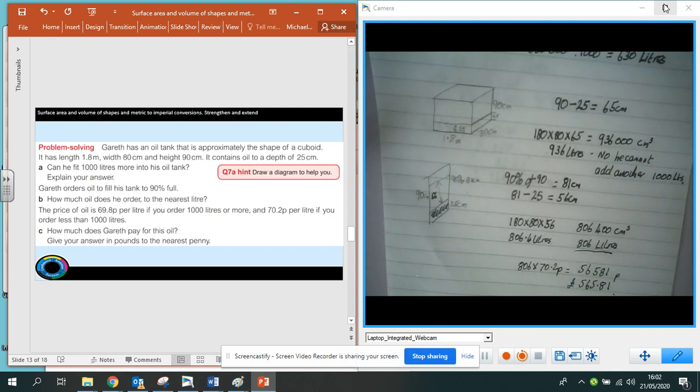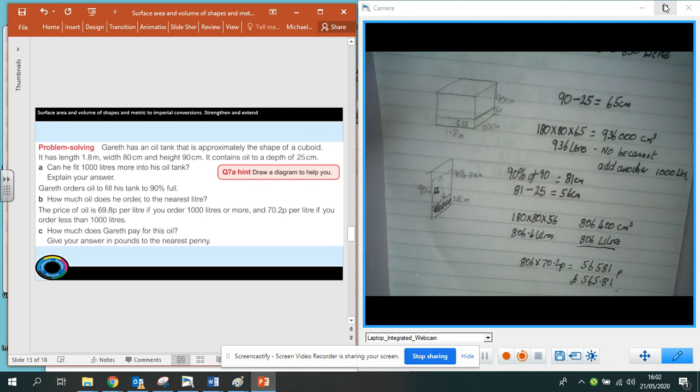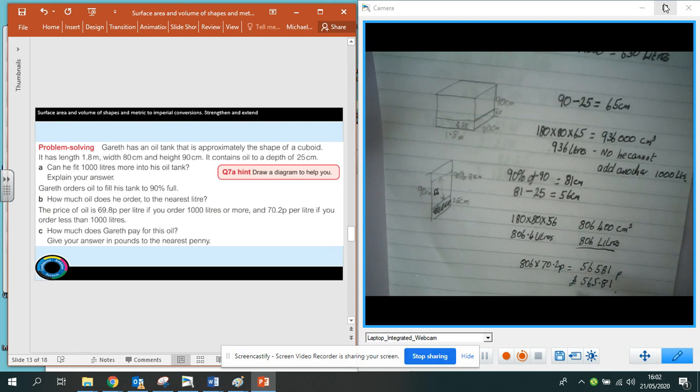Part C, how much does he pay for the oil? Well, he needs to pay 70.2 pence per litre because it's under 1,000 litres. So I've got to do 806 times 70.2 pence. If I do that, I get